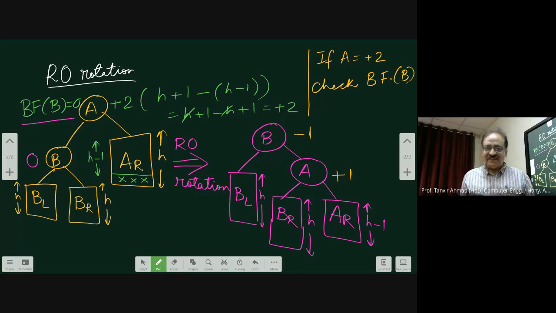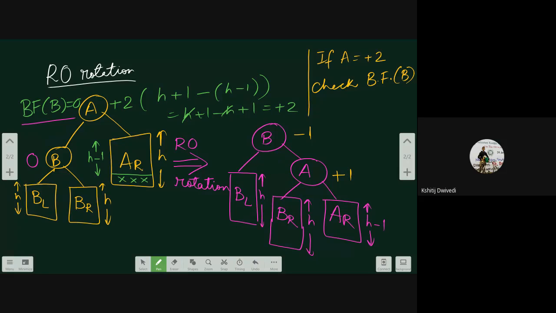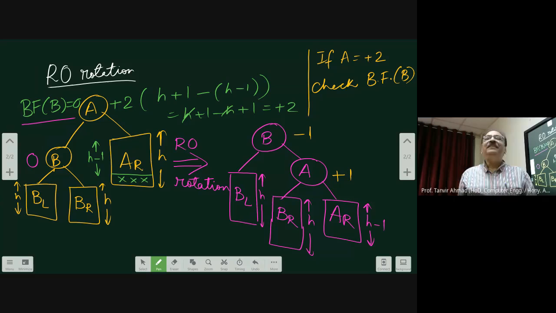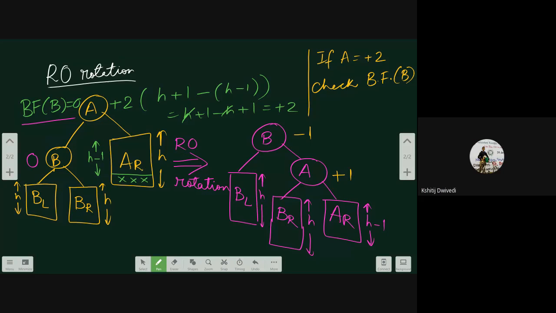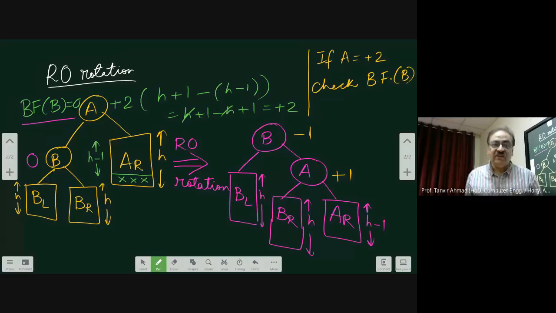When the right side has 2 nodes and A had more than 2 nodes, and the left side has 1 node. That means L0 rotation, the mirror image. L0, A will have minus 2. In R0, A will have plus 2 because you are deleting on the right side. Therefore, the right will become less than left. And if right is less than left, obviously it will be positive.